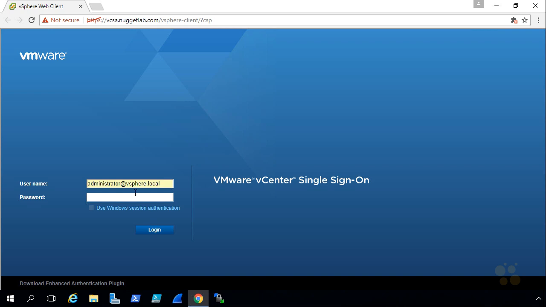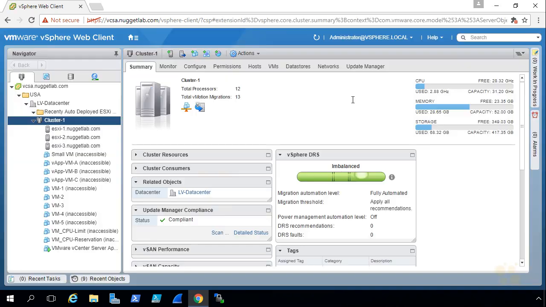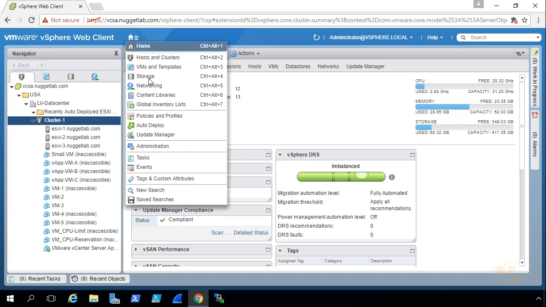So since we're here, let's log on as administrator at vsphere.local. We'll supply the lab password and click Login. I want to share with you a couple places where you can go and look at existing certificates on the vCenter Server appliance. And now regarding certificates, let's go ahead and hover over the home icon, and from the drop-down,